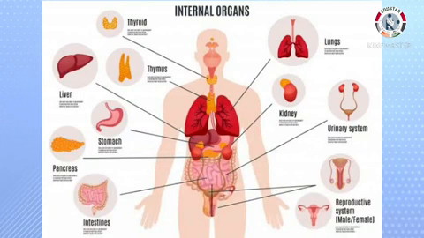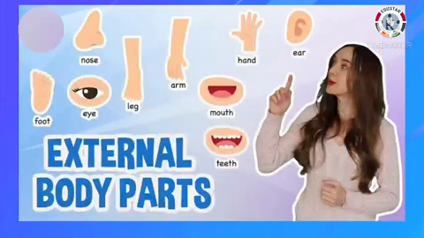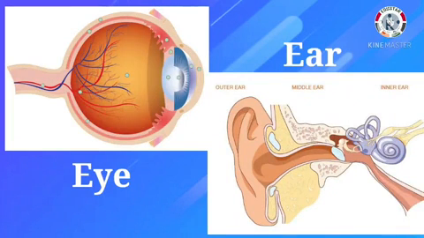Dear children, now answer me. Are you able to see your lungs and your brain? No, because most of our organs are found inside the body. They are called internal organs. For example, the heart, stomach, kidneys, lungs, and brain are some internal organs. The skin and the nose are found on the outside of the body. They are called external organs. The eyes and the ears are partially external and partially internal.